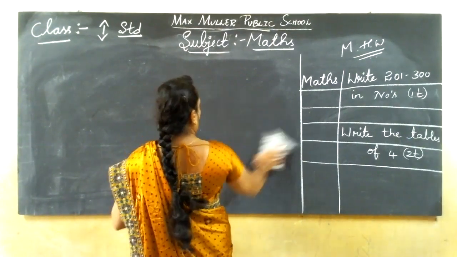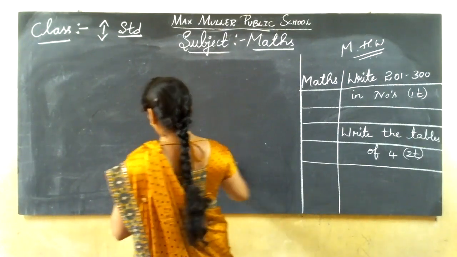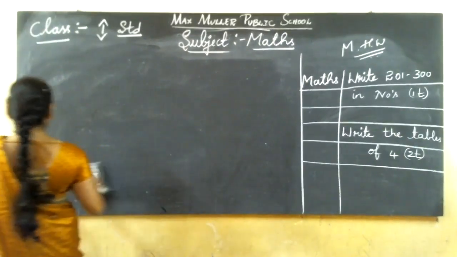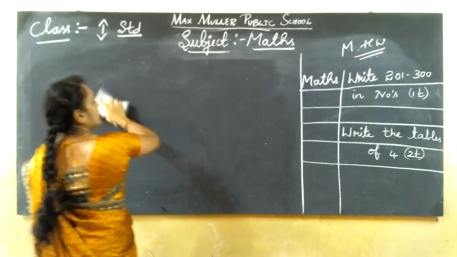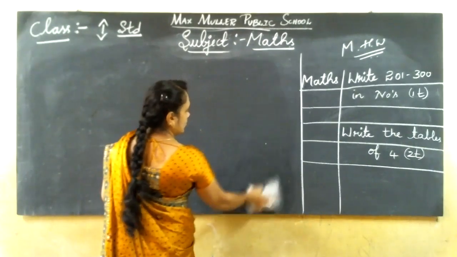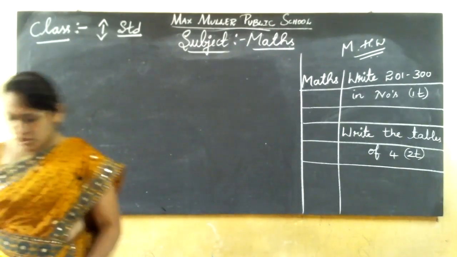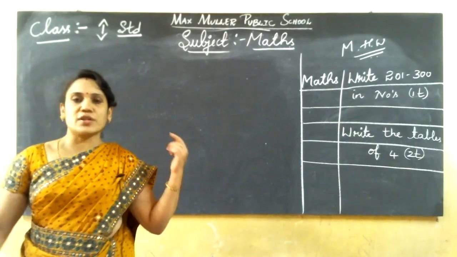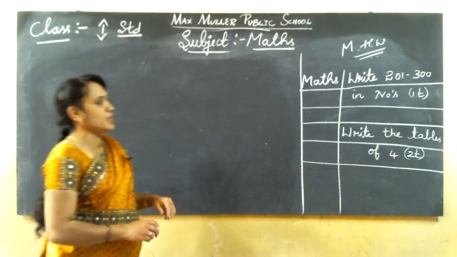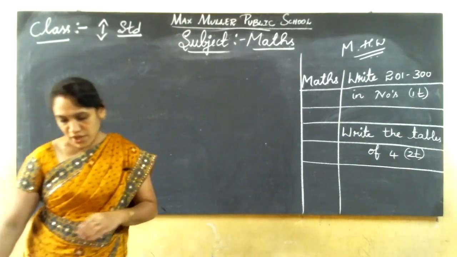Shall I start? I gave time until I erase the board. You should keep ready the next page to write the next main. When I'm explaining, if you understand and write at that time, it will be good for you, isn't it? Because maths you should understand and write. You can't write it like that. Other subjects, if you write just question answers, fill in the blanks, whatever I copy, you'll understand. But maths, you should understand the sum and write it.